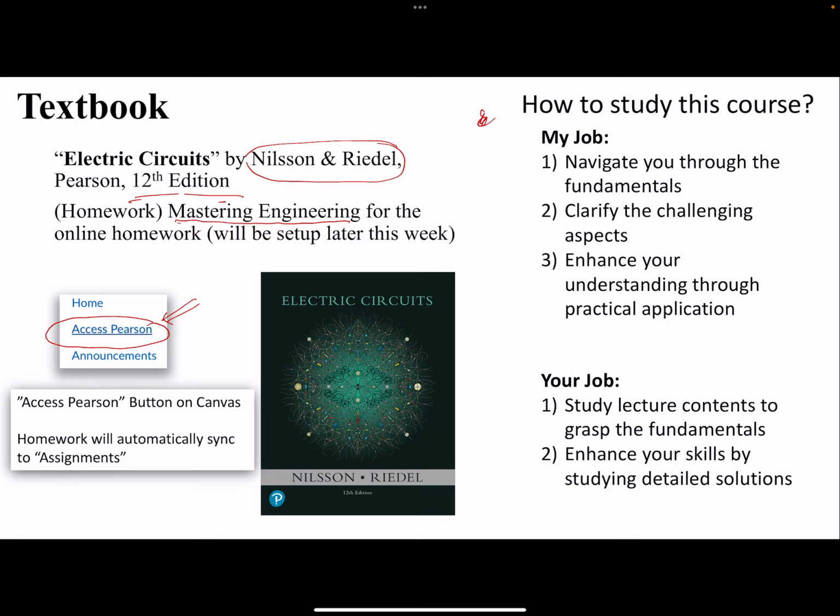Coming back to the textbook, this is a great textbook. I hope you're going to enjoy it. We are going to cover most of the details from the textbook. One thing I normally say to my students is, if you go through the textbook and make sure that you are paying attention in my lectures, you're going to do well in the exams and in your overall grade. So please pay attention to the lectures. I will record the lectures and send them in recorded format on Canvas, and also the slides.